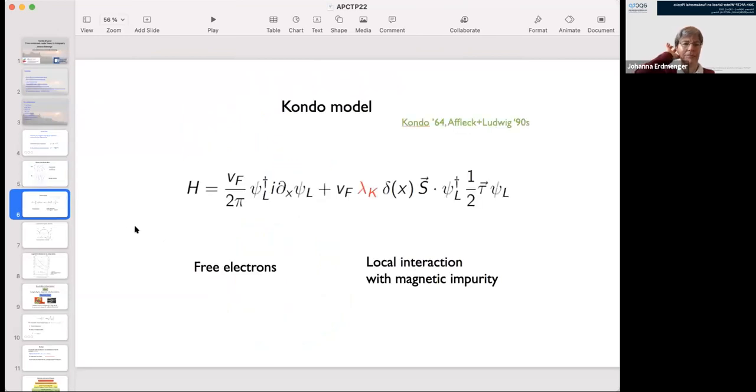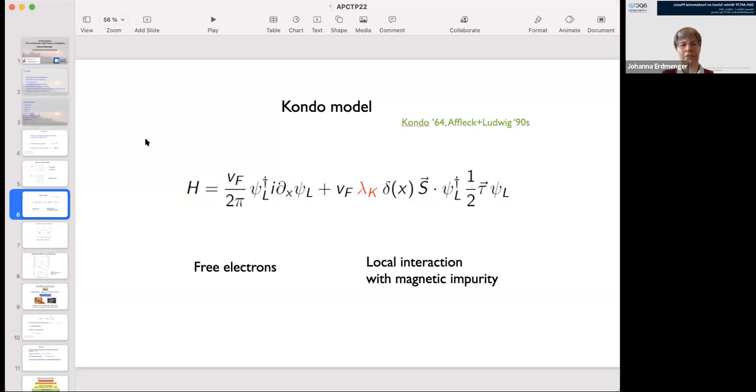Okay, so as I already mentioned, Kondo is a famous Japanese physicist, and he explained this behavior with a simple model already in 1964. I'm going to follow a lot of this work by Affleck and Ludwig from the 1990s, who actually used a kind of conformal field theory language to describe this. Of course, this Hamiltonian can be written in a condensed matter language with creation and annihilation operators, but here I would like to stick to the more field theory description, as you can see here.